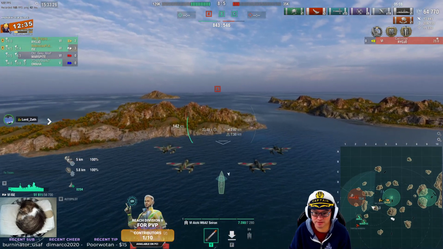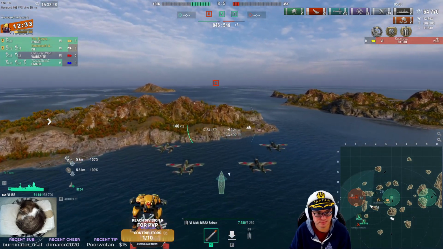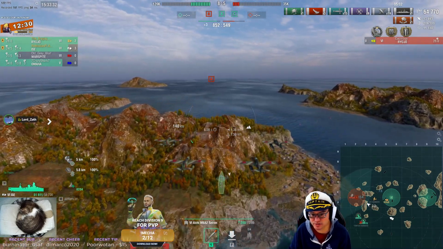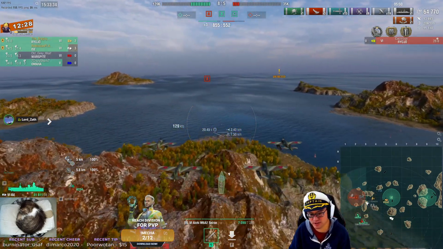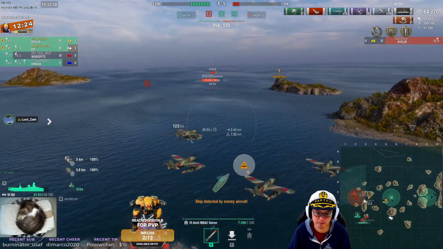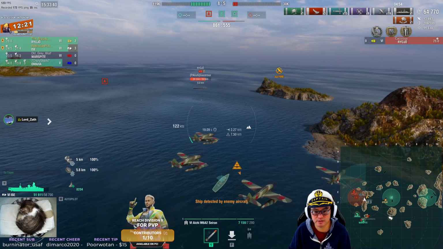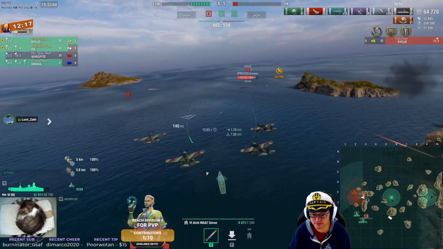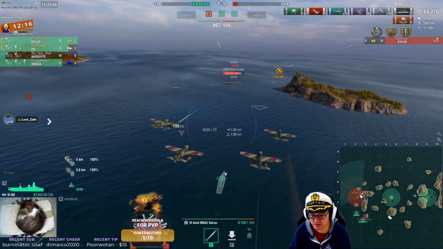And now it's just the carrier left. Yay. Unfortunately, Bry Guy's using AP bombers. I was going to say, if he was using HE rockets... Well, no, that's not going to help anyway. I was thinking about trying to get his DCP on cooldown, but it's like a 1 minute thing, whatever, so...